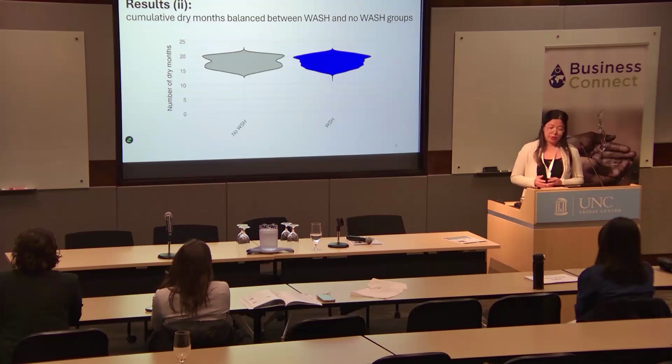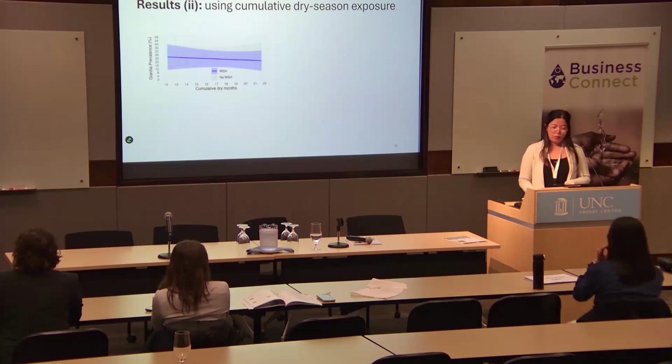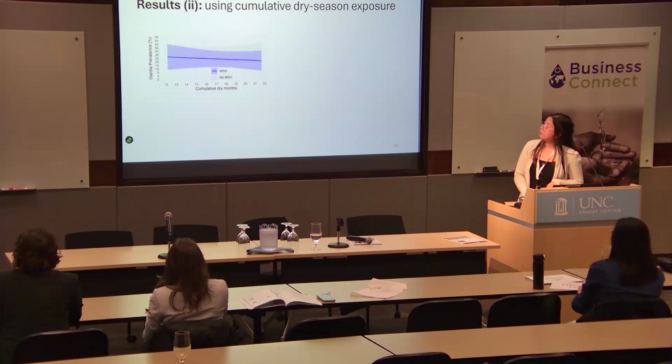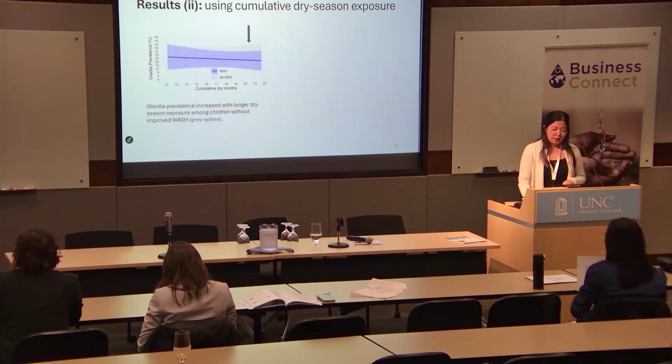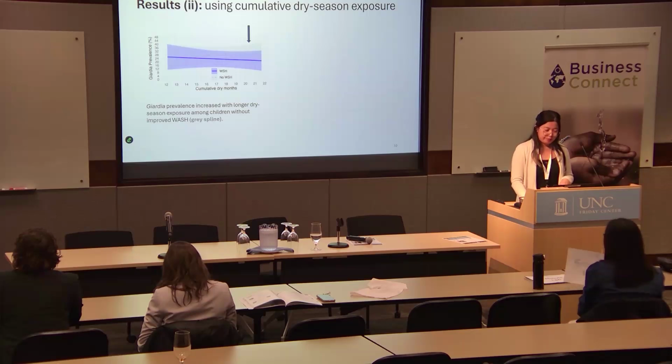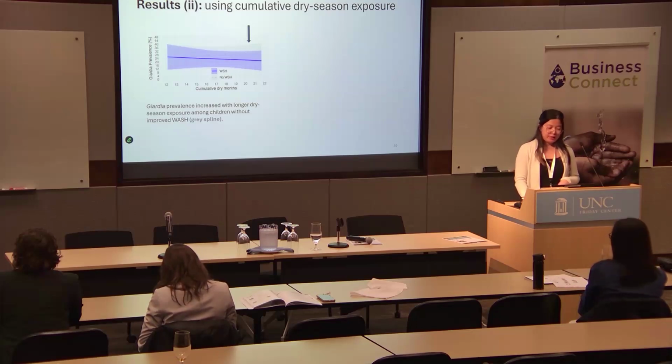First, here we show that the distribution of the cumulative dry months that the children experienced were balanced between WaSH and no WaSH groups. This plot shows the prevalence of Giardia between WaSH and no WaSH along the range of cumulative dry months. Among children without improved WaSH, the gray spline, Giardia prevalence increased with longer exposure to dry periods. In contrast, among children with improved WaSH, the blue spline, the prevalence was consistently lower and the gap widened with